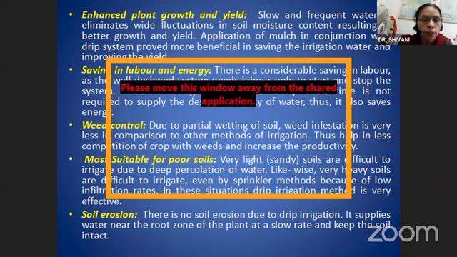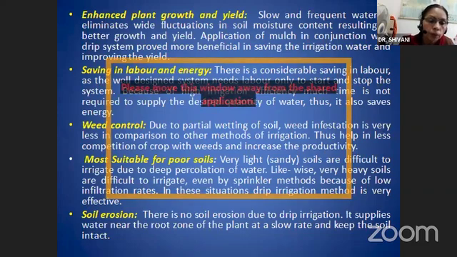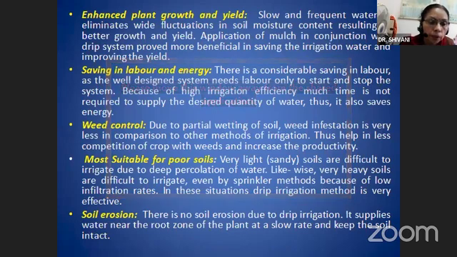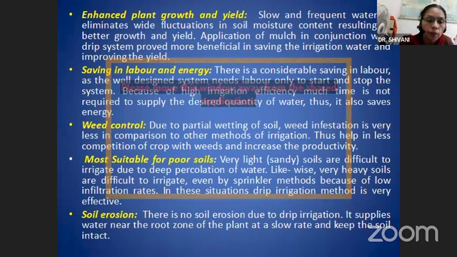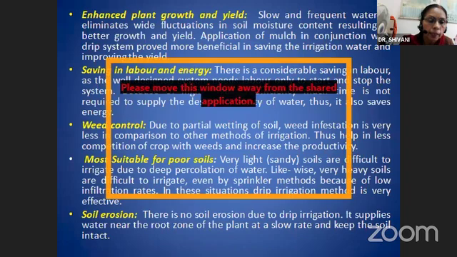It controls weed due to partial wetting of soil. Weed infestation is very less in comparison to other methods of irrigation. Then it is more suitable for poor soils like very light soils. It is very difficult to irrigate them because there is deep percolation. So when we use drip irrigation, we give a very precise amount of water to the plant, and the plant can get water. Likewise, in heavy soils,